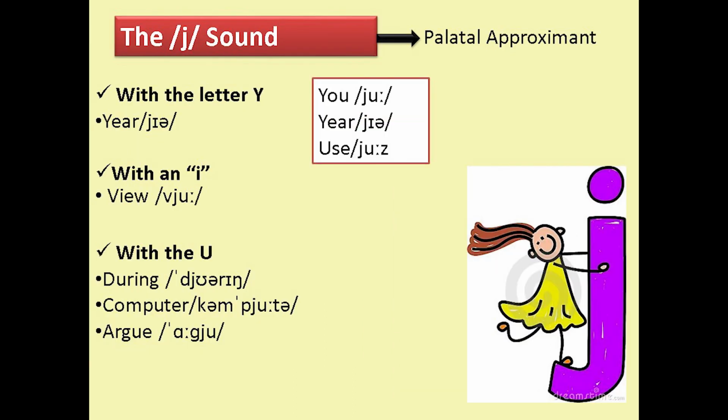The Y sound, or the palatal approximant. This is the Y sound, like in the words you, year, use. The Y sound is usually spelled with the letter Y, but it can also be spelled with an I, as in you. Also, a very common construction, often called the long U sound, is spelled with just the letter U,